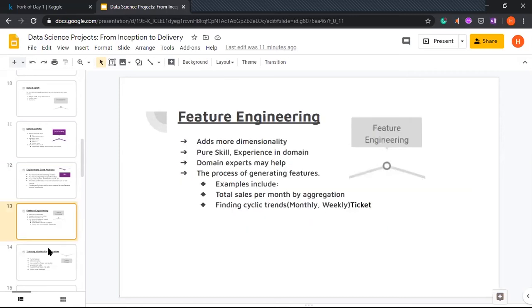Okay, the second topic was feature engineering. Feature engineering is basically finding more features from pre-existing features. So for example, if you have a feature of age, you divide that into bins. So basically you divide them into brackets: 0 to 20, 20 to 40, 40 to 60, 60 to 100. We'll call 0 to 20 very young, 20 to 40 lively, 40 to 60 old, and 60 to 100 very old. So we have converted a numerical column into a categorical column.